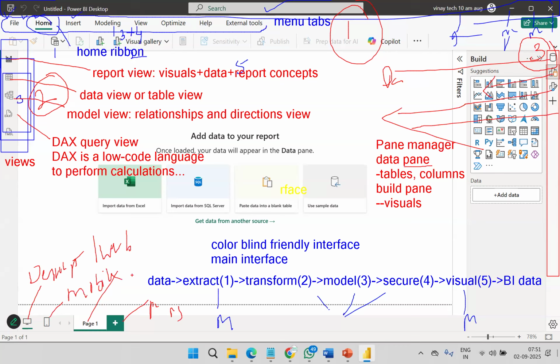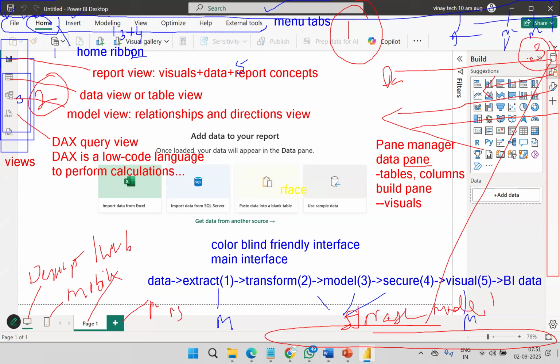So you can create a report suitable for mobile, or suitable for the web. In this area down, you will see the data pane storage mode. Storage mode, like direct query, DQ, or import mode, or mixed mode, you see in this area.